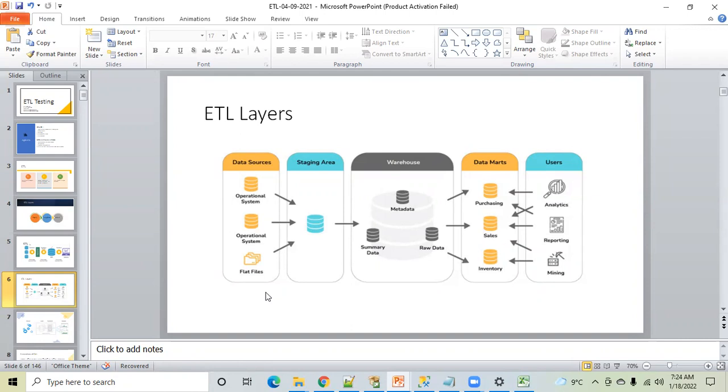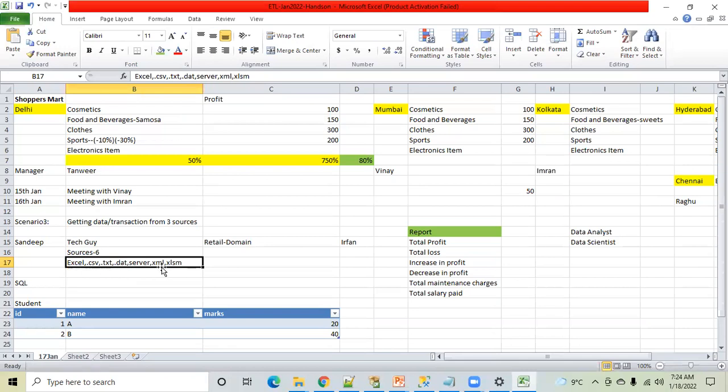Suppose you are going from Delhi to Bangalore. You have told me that this is the source, this is the destination, but the next question is how you will be going from Delhi to Bangalore. Is it by plane, or are you taking a train, or your own car or a rented car? Many other things are possible, right? That is what, after the number of data sources, you should know in which format we will be getting data. So these are a few of the possible formats through which we used to get data.